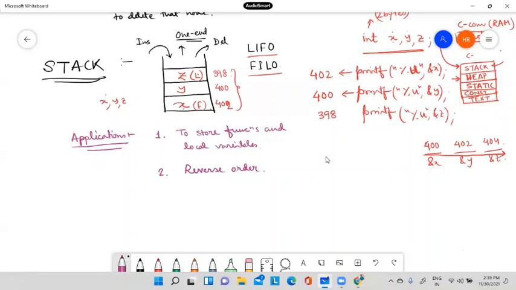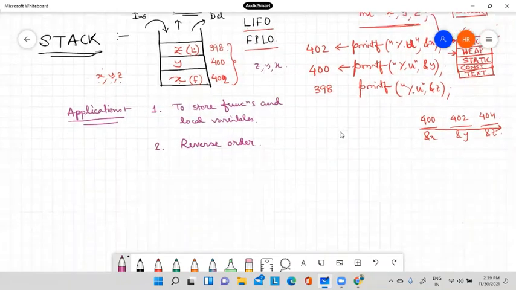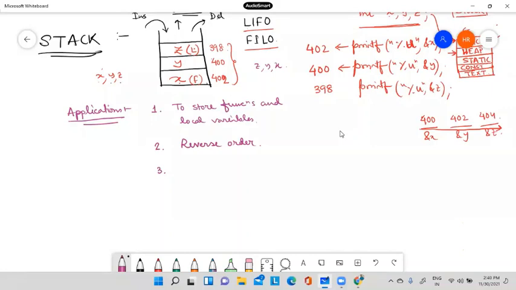See, I have entered them in an order X, then Y, then Z, and the order they come out is Z, then Y, then X. It means it is totally in reverse order. So if we want to make anything in a reverse order, then this is a very useful data structure. The third thing, the most important, infix to postfix conversion.